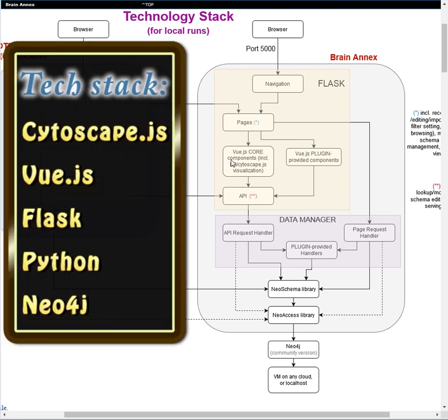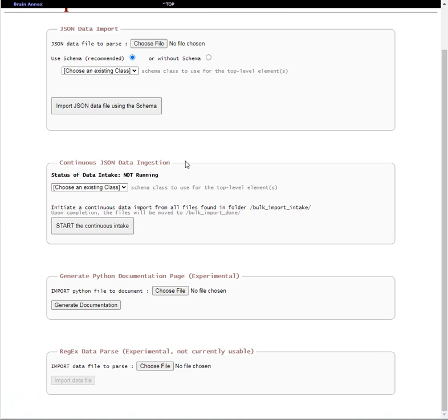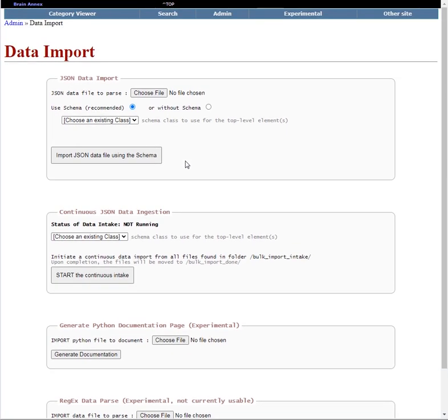And then those pages contain dynamic elements using the Vue.js front end. You can build your own application or your own web API endpoint or whatever else you need for your use case by taking whatever parts you need from the technology stack and then using them and adapting them to your need. So, continuing the quick tour here,